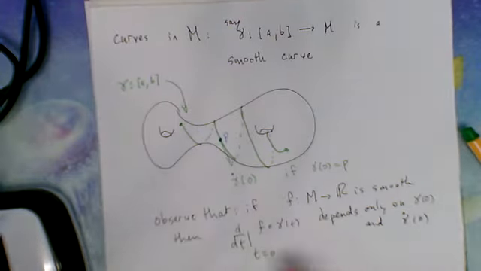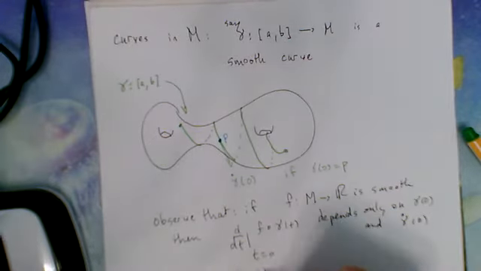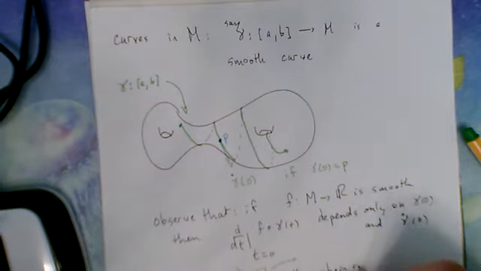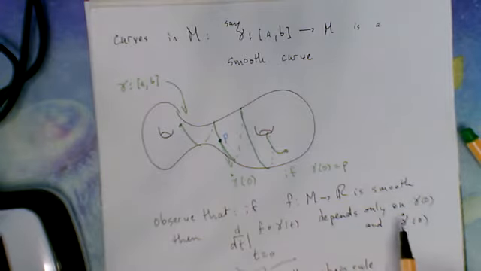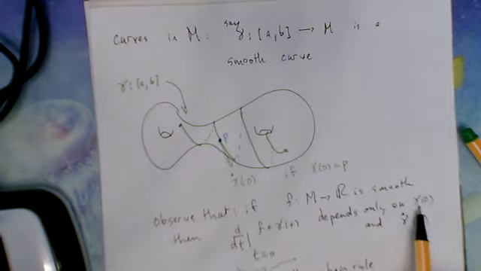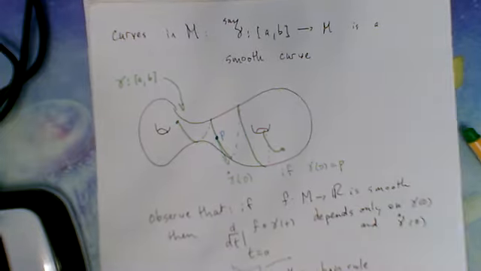I can observe that this derivative, by the chain rule, really only depends on the initial point and initial direction, the initial tangent vector